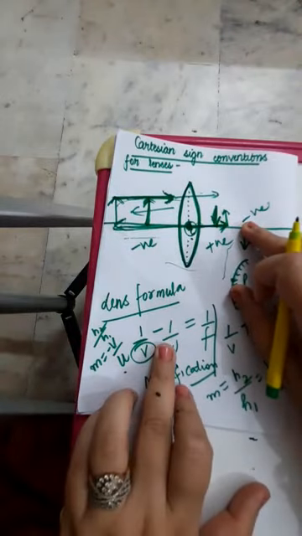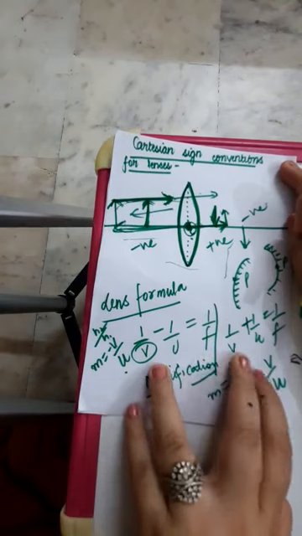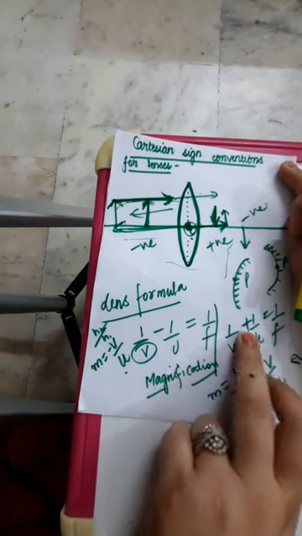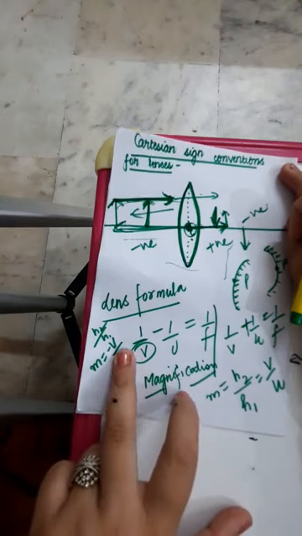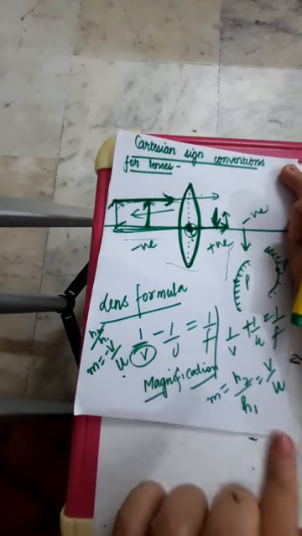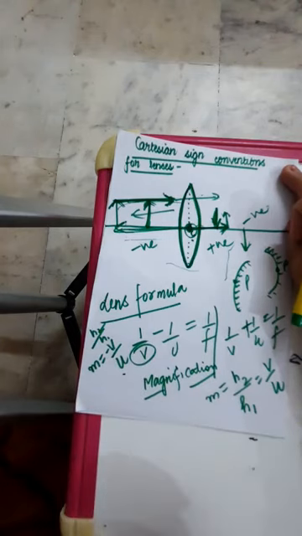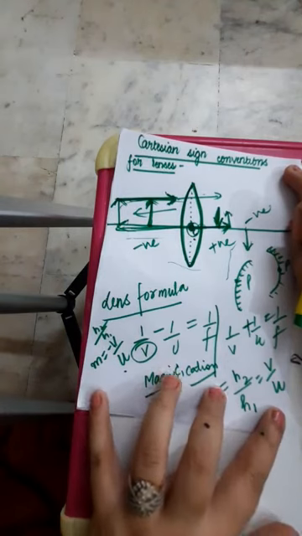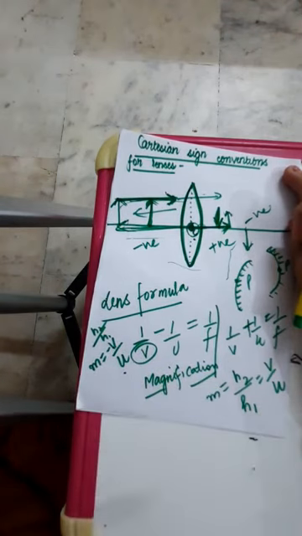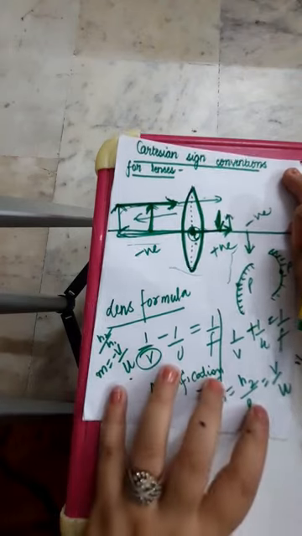So lens ke cases mein negative sign jo hai wo lens formula mein appear hota hai and mirror formula mein positive sign. Mirror ki magnification ke case mein negative sign appear hota hai, but lens ki magnification mein it is a positive sign. So these things you need to keep in mind. That this is magnification. Also, we need to discuss whether the magnification will be greater than 1 or lesser than 1 over here.